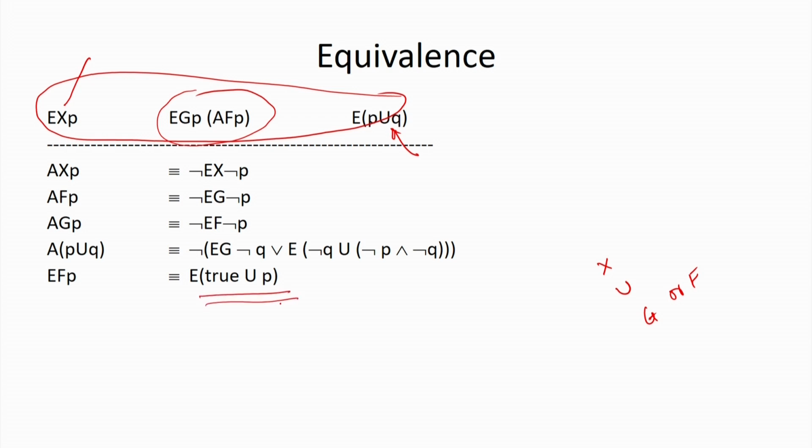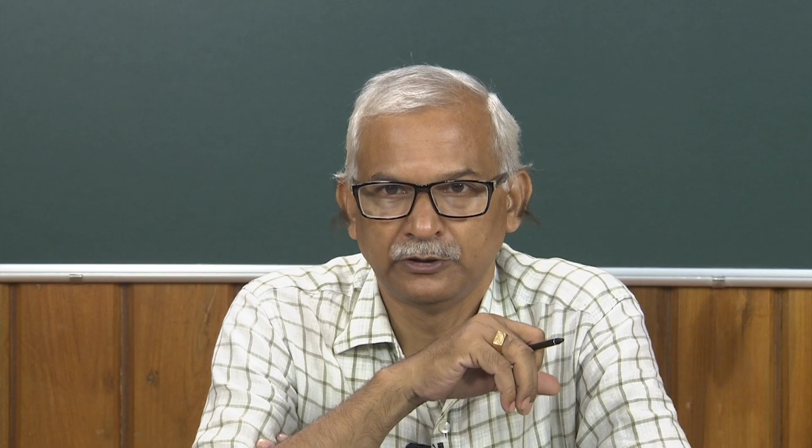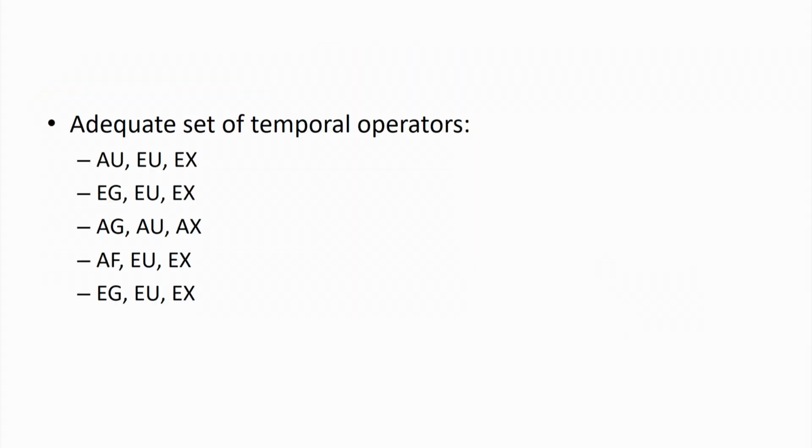So, this is the way you can find and construct different sets which will be adequate to express all the CTL operators. So, these are some examples of adequate sets of CTL operators. Now, if we know the method of finding the truth values of a CTL formula, say with the help of these three operators A F, E U and E X, then other operators can be derived with the help of these three operators. So, that is why we said this is an adequate set of operators.